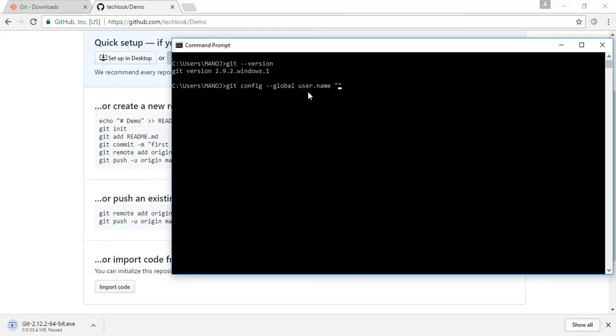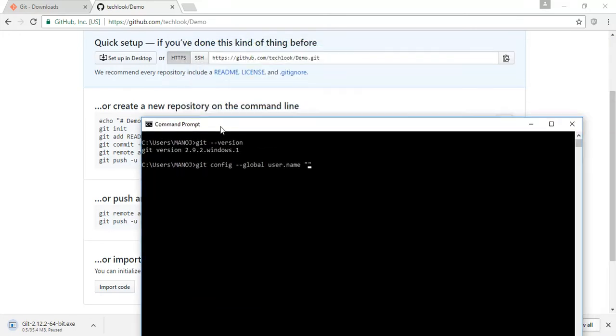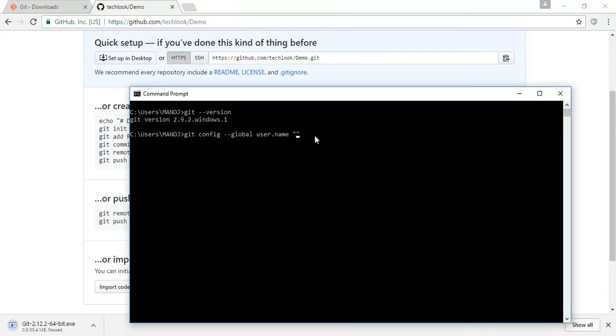Before configuring anything, you need to configure the global username, user.name. For me it was techlook. Once you have done this, then again configure your user.email, which you provided while creating this profile on github.com. Once it is done, then